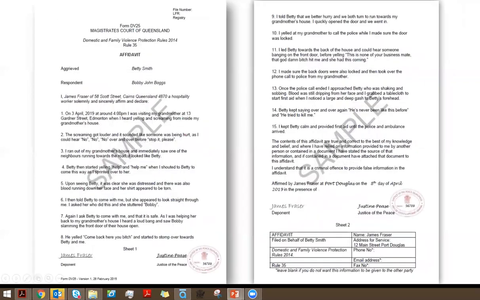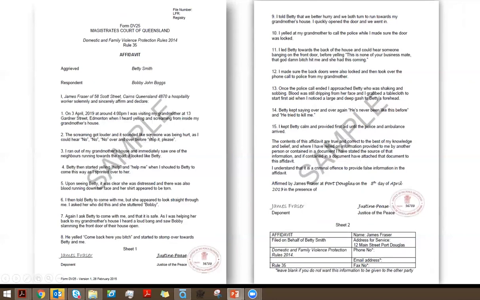The final example, and a final affidavit you might be asked to witness, is an affidavit going to the Magistrates Court for a domestic and family violence matter. And you can see here that this is a perfect example of what I was just talking about. The aggrieved in this case is Betty Smith and the respondent is Bobby John Boggs.